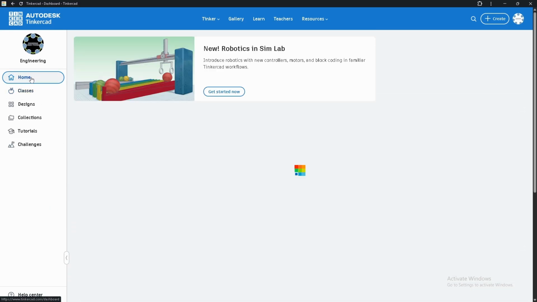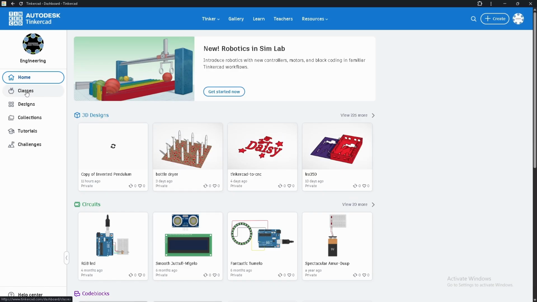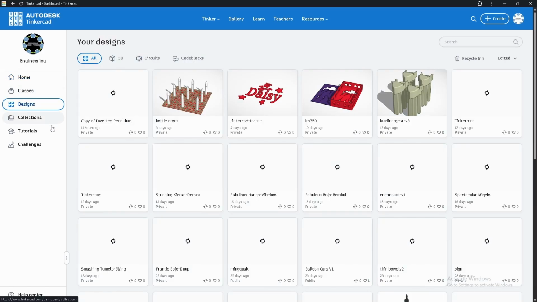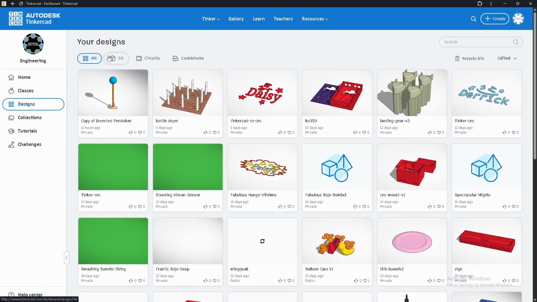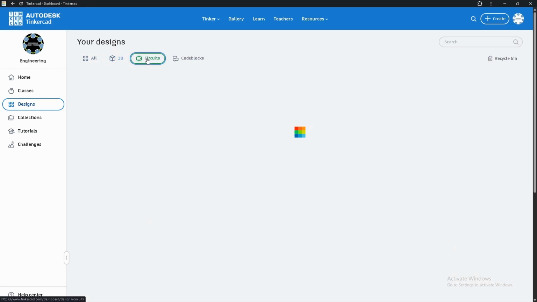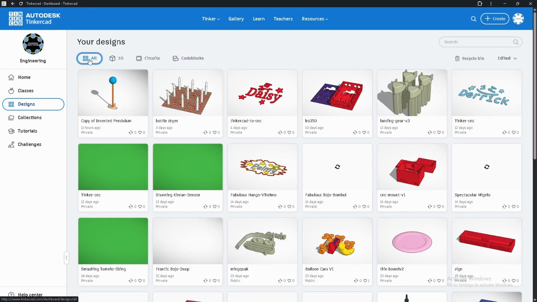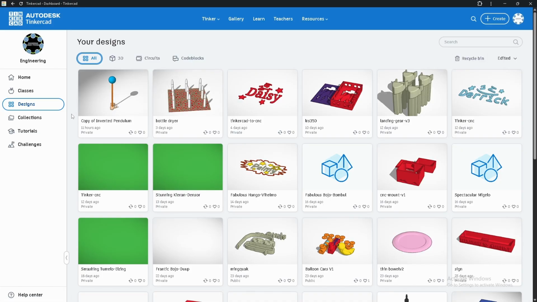In case you are in classes, you can click on that. These are my particular designs, and up across the top you've got the 3D designs, the circuits, and the code blocks that you have created. You can search through your designs. Now obviously there should be a limit to how many designs a particular account has available, but I haven't seen that yet. I keep going and going, and it just lets me design more, and it saves them all here